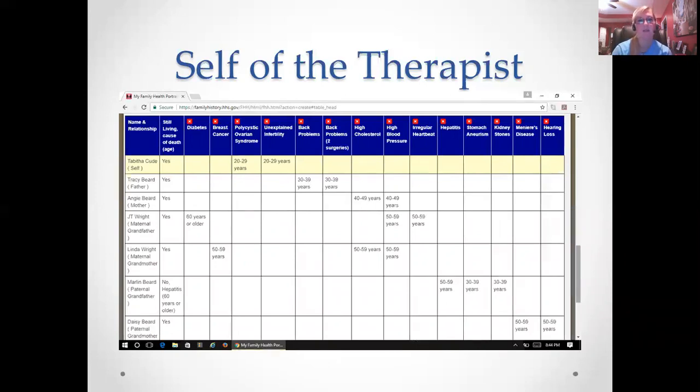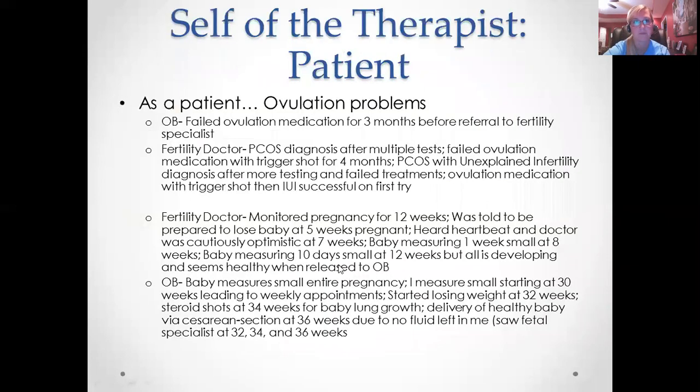And so you can see as a family, we're really all over the board, minus my mom and both her parents having high blood pressure. So it's pretty interesting to see what you might have inherited, what you might not have inherited. And as this goes, you can go in and add things to this. You can save it. I actually have it saved on this website. So as somebody in your family gets some illness, you can go in and update this and it keeps it in this chart for you.